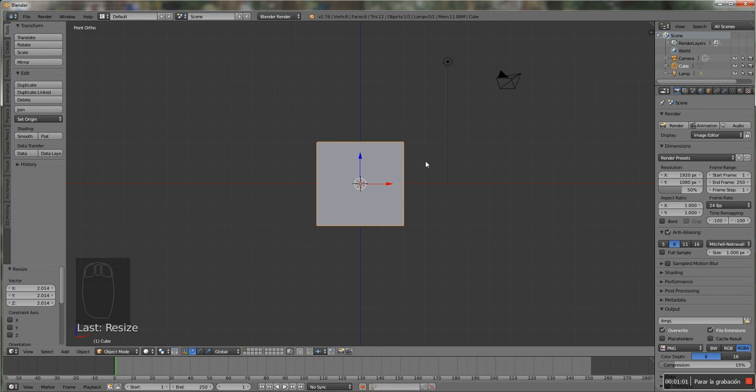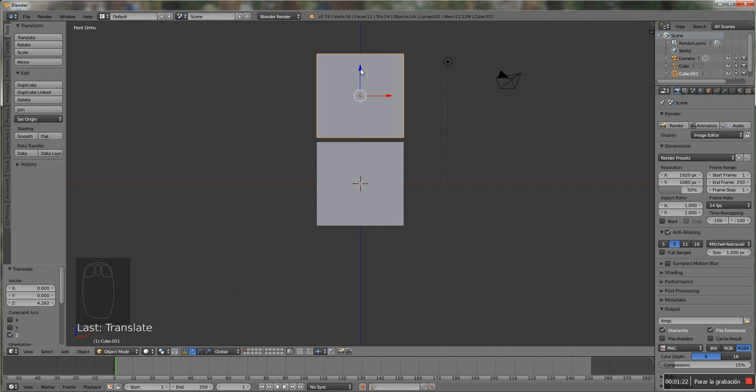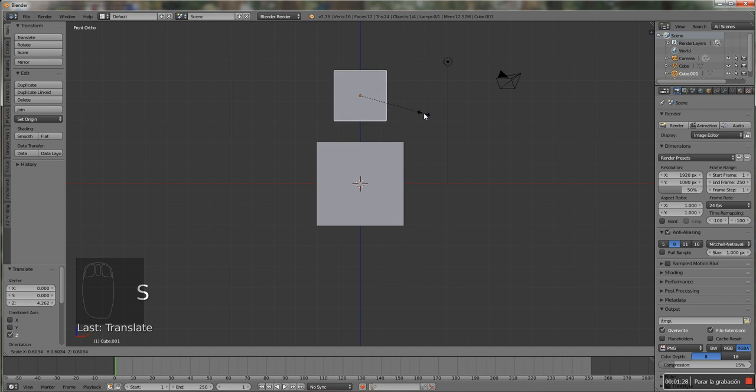Now we are going to duplicate this cube. We do such a thing with the shortcut Alt D. You see it gets the white outline. We press enter, and now by clicking on the axis we are going to move it up, and we're going to scale it down since it's going to be the head of our robot,